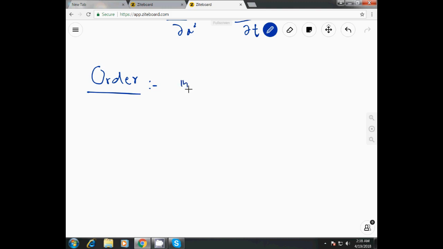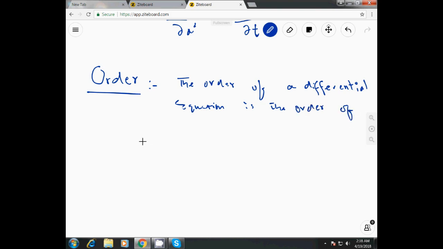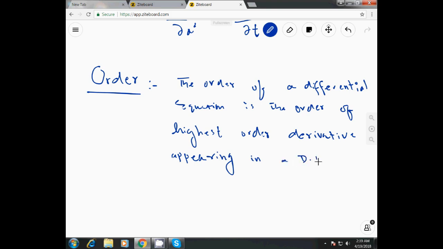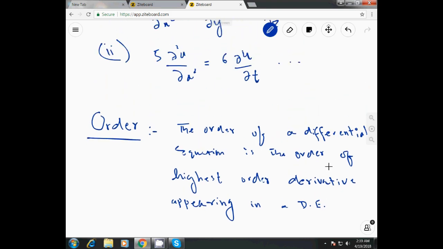So we will write: the order of a differential equation is the order of the highest order derivative appearing in a given differential equation, in our DE. So for example,